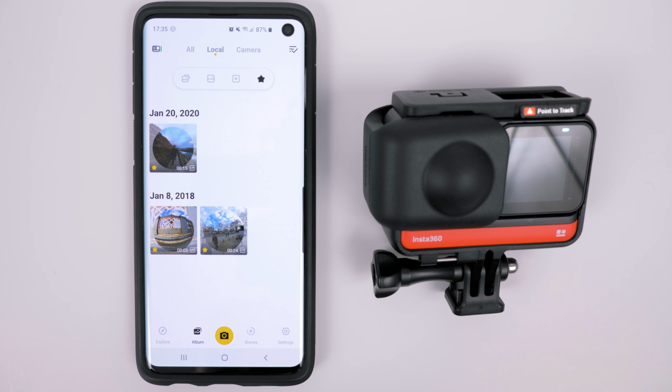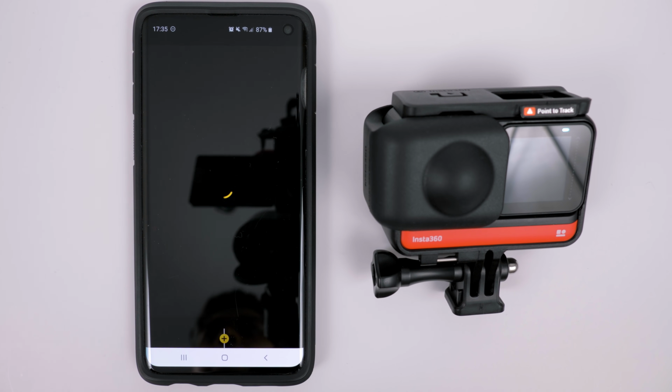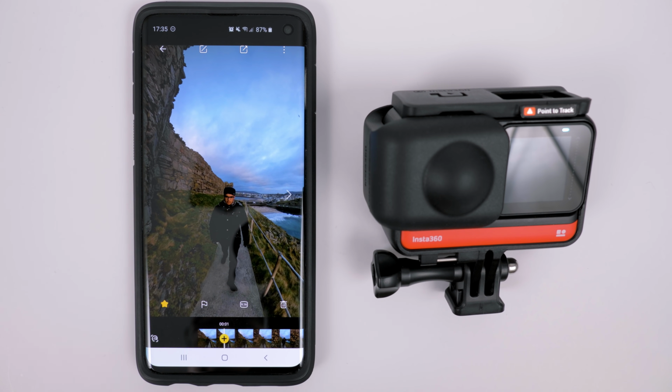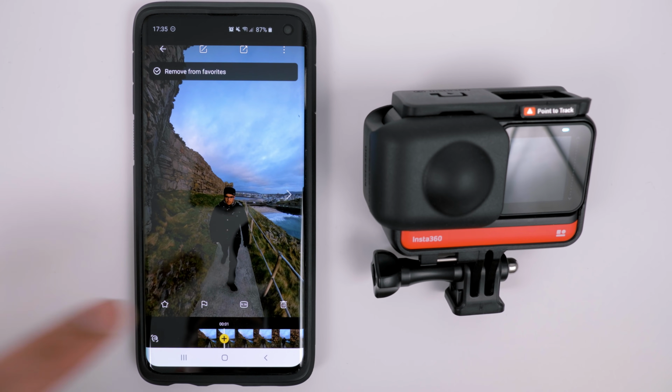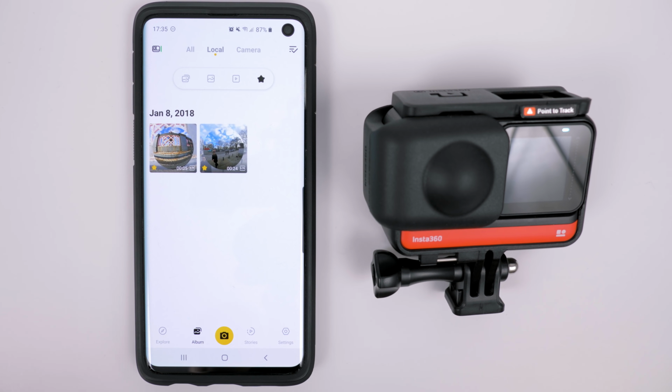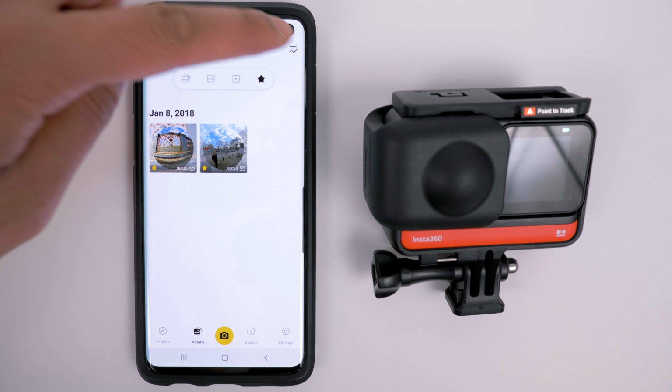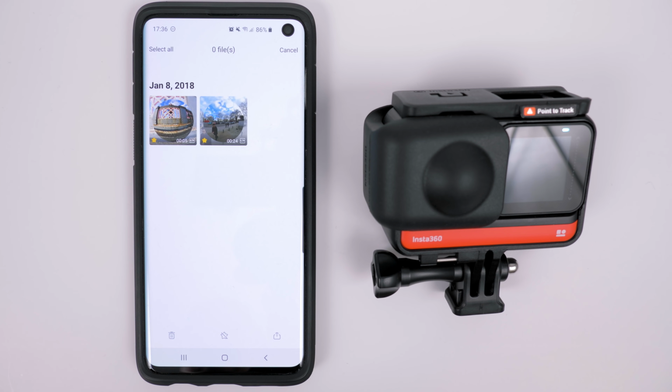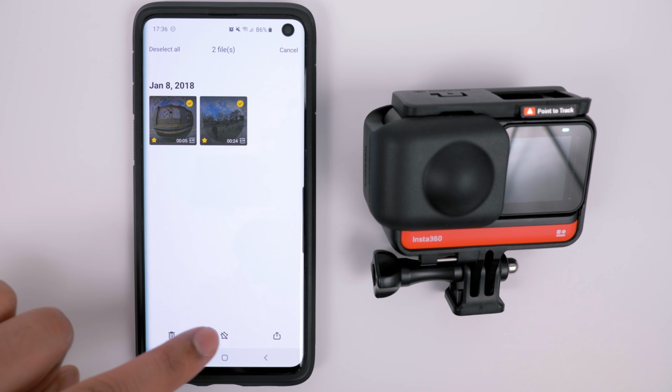To unfavorite a photo or video, tap on it, pause the video, tap the star icon, go back, and now the photo or video will not be in your favorites anymore. Or you can tap the multi-select button, choose the photos and videos you wish to unfavorite, and tap the star